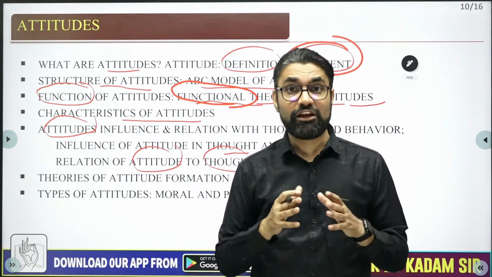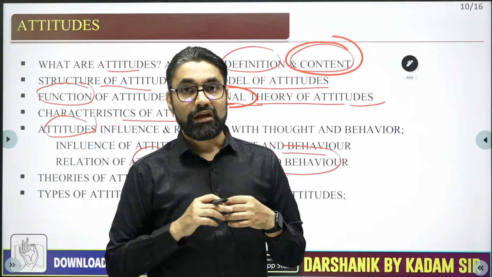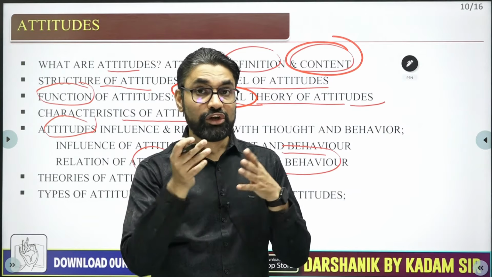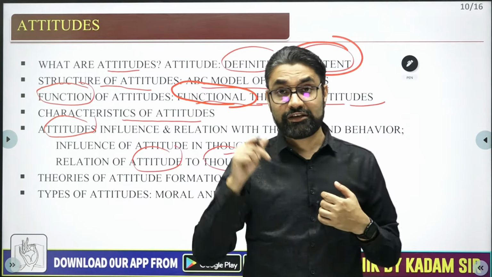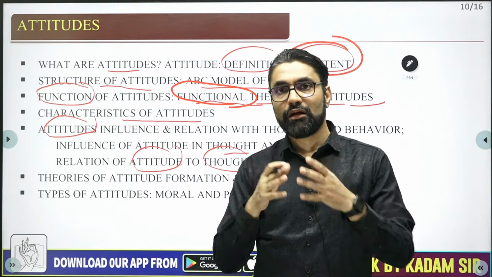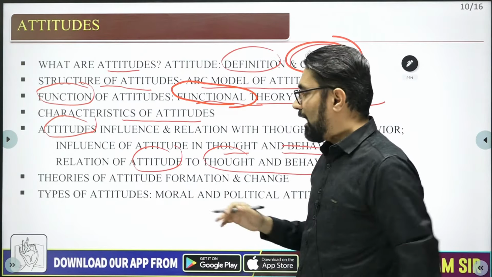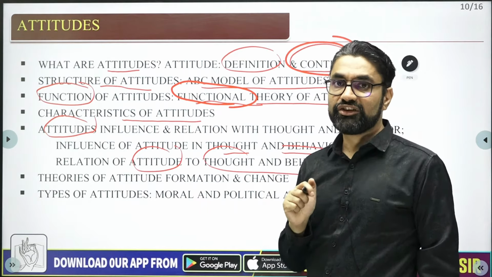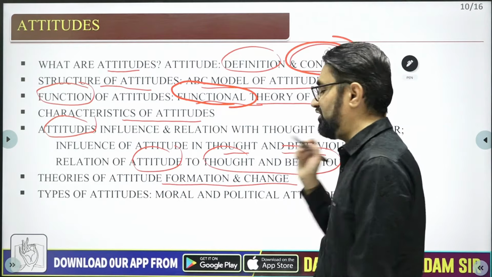And there are many factors that influence this gap between attitude and behavior. If you want to bring attitude into behavior, then we need to work on those factors. So 4-5 factors are there, we will discuss. And there is one core important theory, the theory of reasoned action, that we will discuss. After discussing all this, the most important part of our discussion will be theories of attitude formation and change.